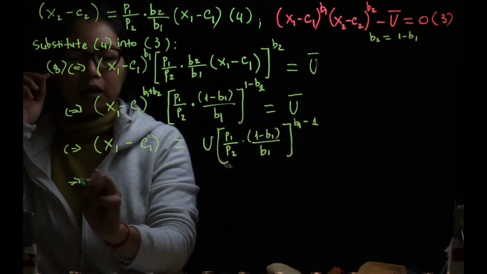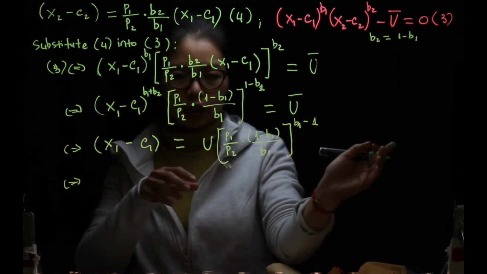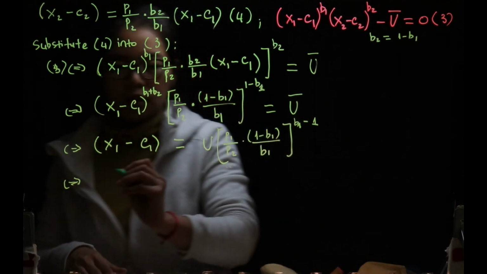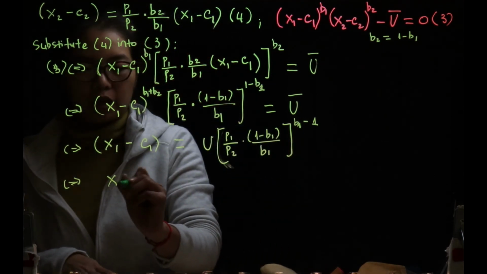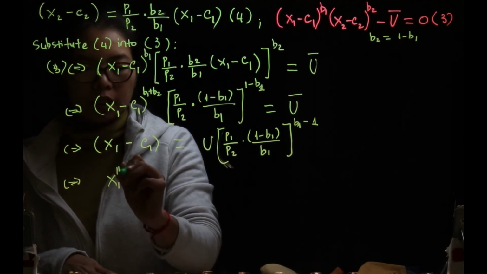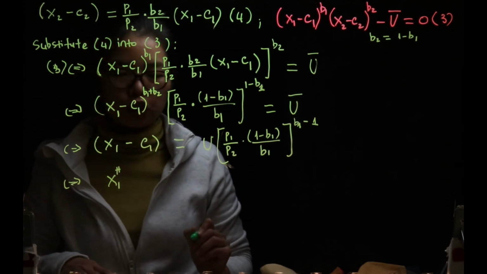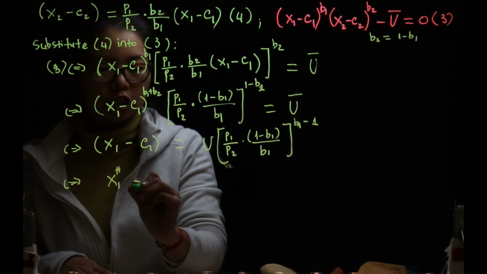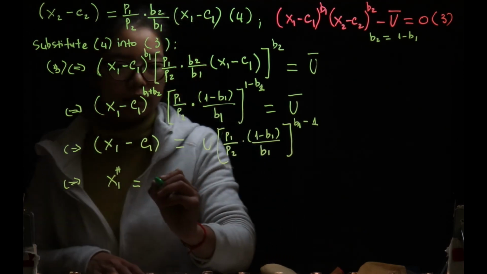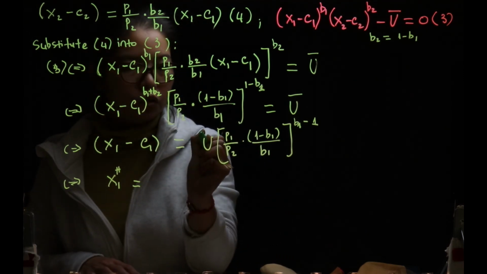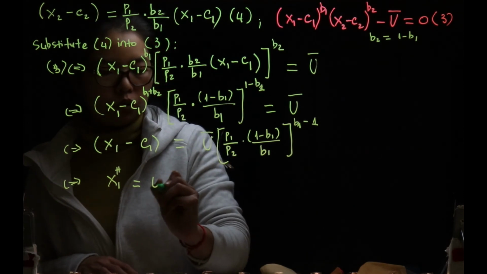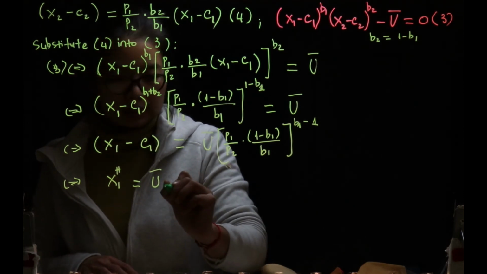And now you can also put c1 to the other side to arrive at x1 H, and let's denote it H here. We will write it later. Sorry, the u bar. So x1 H should be u bar times,